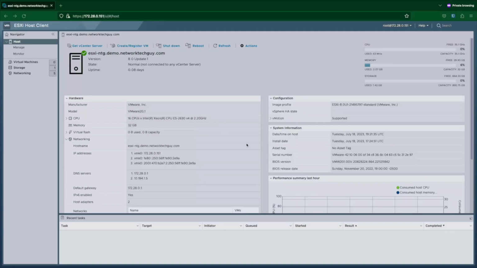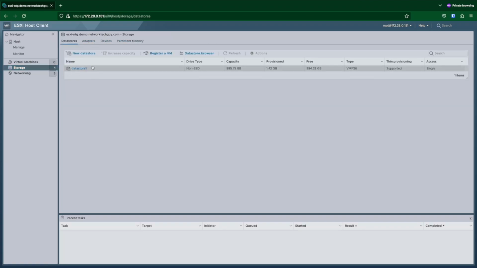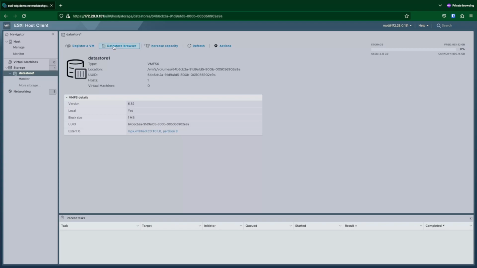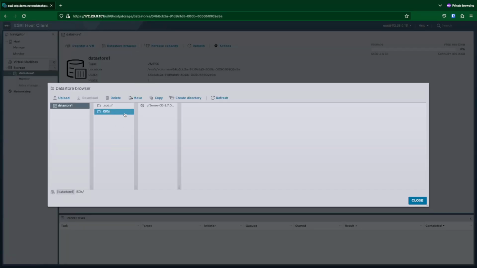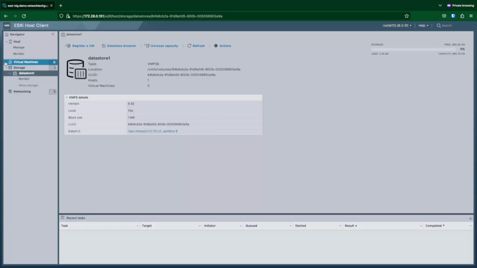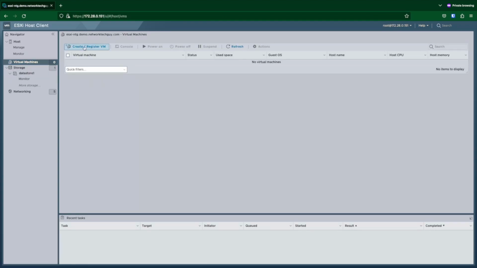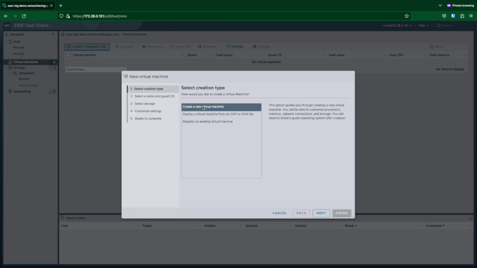Today we will install pfSense in our ESXi environment, and we will use that firewall for all our VMs to route traffic through. So to start that, we uploaded the image into our data store, which is here. And now we will create a virtual machine with our